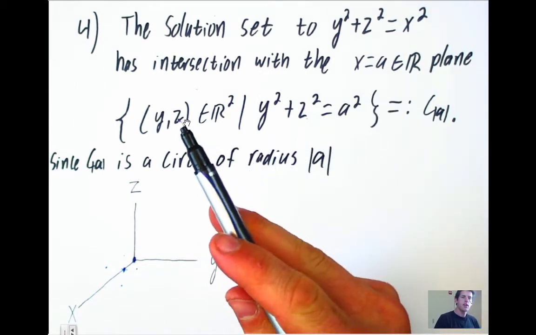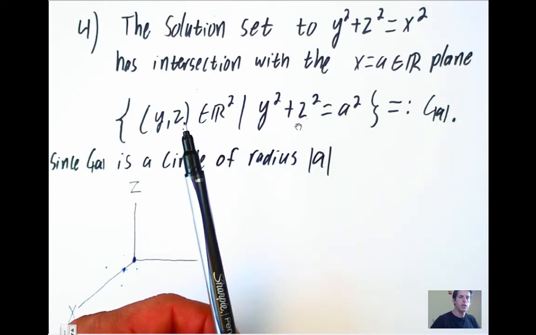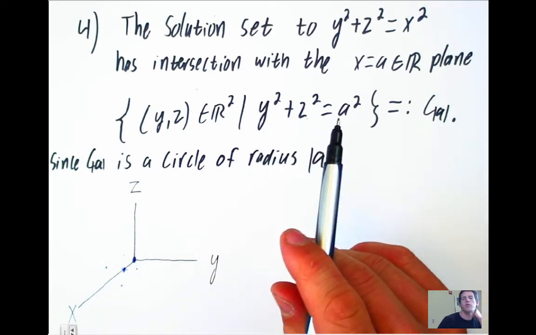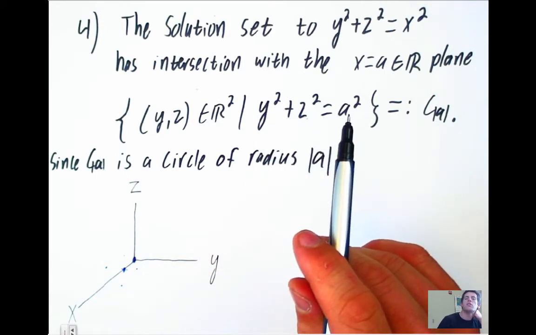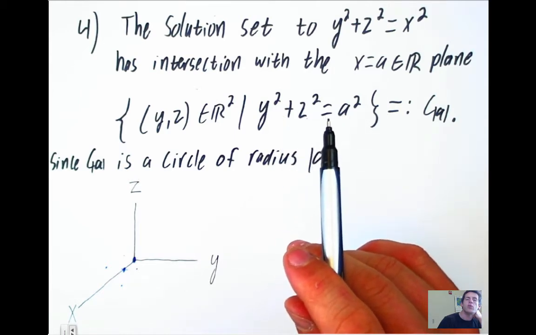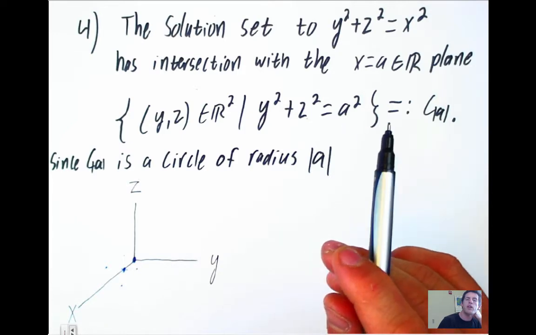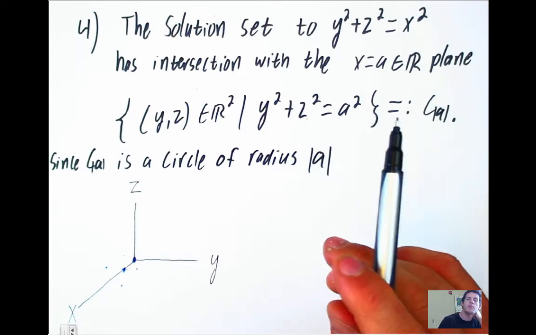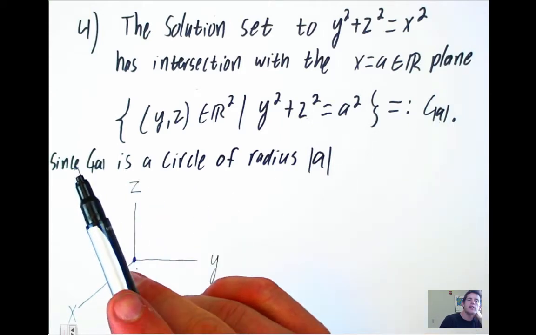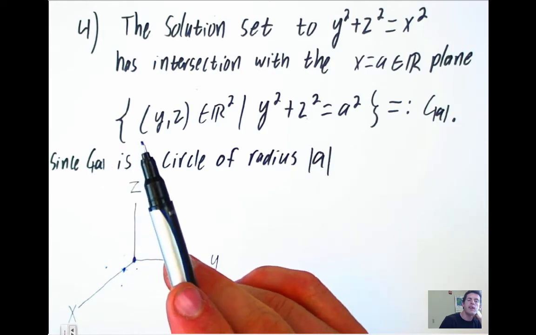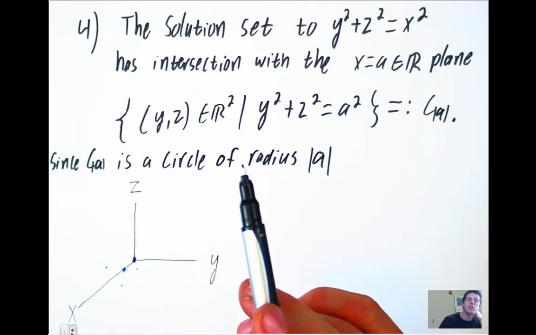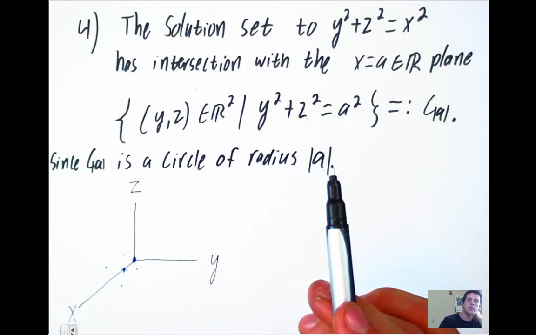The set of ordered doubles yz in R2 that satisfy the condition that y squared plus z squared is equal to a squared. And here a is a number. Now this equation is a circle of radius absolute value of a. Remember, a could be negative, so I've defined this set to be c subscript absolute value of a. I gave it a nickname so I didn't have to write the whole thing out again. Since it is a circle of radius a, and I just don't know what else to say,